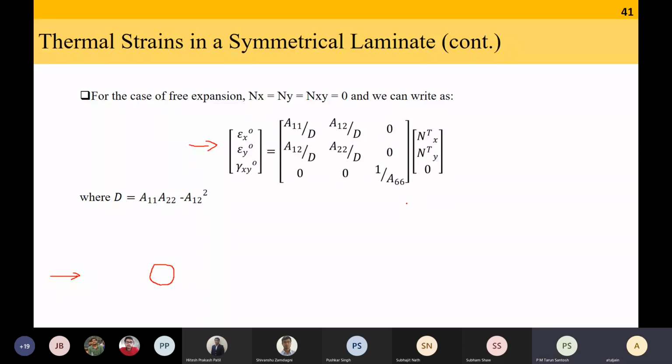Isn't that symmetric, sir? Symmetric means that I have theta from the central line. If there is one theta above the central line, there should be one theta below the central line. That is symmetric. Yes. Okay. I'm saying for every theta, there should also be a minus theta. Okay, because we want these terms to be 0. Yeah, okay, sir. For symmetric, B will be 0.